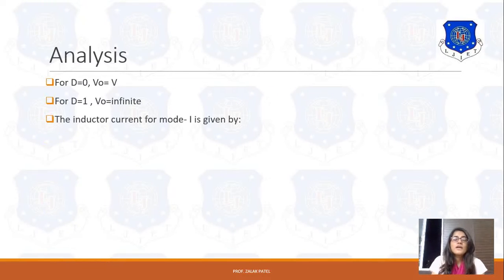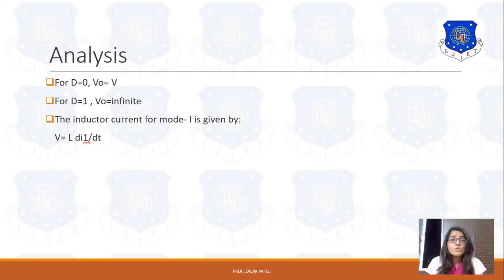So now we have considered both modes of the circuit. In that case, the inductor current for mode 1 is given by the following. In mode 1 there is no external voltage applied, so the voltage is across the inductor. So the voltage across the inductor is given by V equal to L di by dt. So it is the same, V equal to L di1 by dt. Here we name it di1 by dt, you can name it in any way. So we consider here I1, and write V equal to L di1 upon dt.